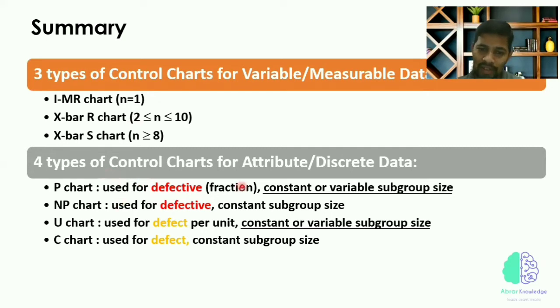Another case, you have discrete data. This is continuous data. This is discrete data or attribute data. For defectives, P chart and NP chart are used. The specialty of P chart is it can be used for constant and variable sample sizes. U chart is also the same. It can be used for constant and variable samples. P and NP are used for defectives. Defectives mean total scrap, or the part cannot be used. The product cannot be used. One defective can have multiple defects, right? So defects per unit. One unit can also have multiple defects, right? So C chart and U chart.